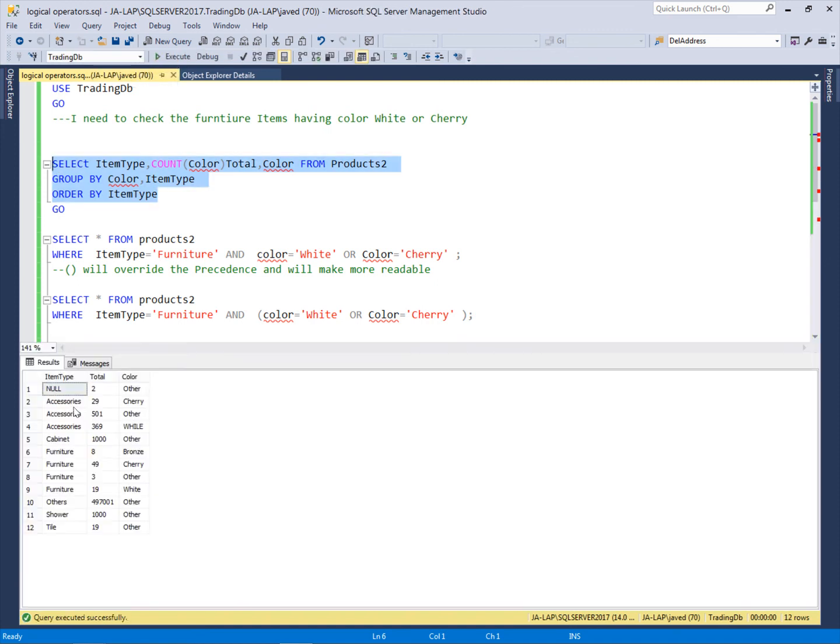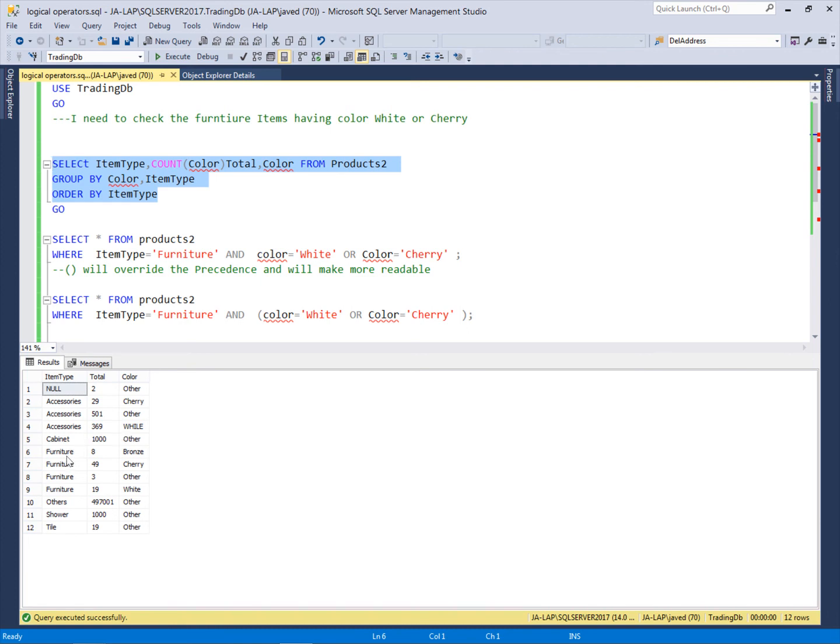I have accessories, cabinet, furnitures, others, showers and tiles. These are the item types available. There are 29 accessories which have the color cherry, 501 accessories which have other colors, and 369 accessories have the white color.